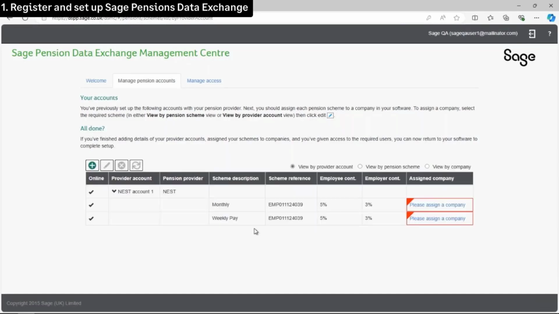And once it's connected to your portal, it's then going to show you any of the associated pension schemes. And in the case of Nest, there'll be a line for each different employee group that you've set up. Now, as you can see on the right-hand side, you will need to assign a company to those schemes. So if I click on please assign a company,